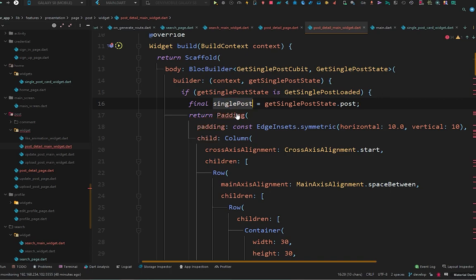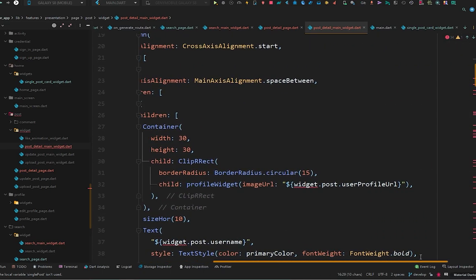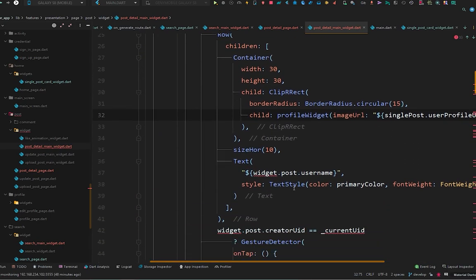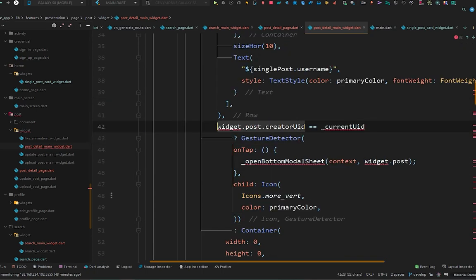So we got the single post. Now using the single post we will get the data like this, but we will not get the data on the widget, so that will be like this, and replace this widget.post with the single post. And for this condition we have to do like this,